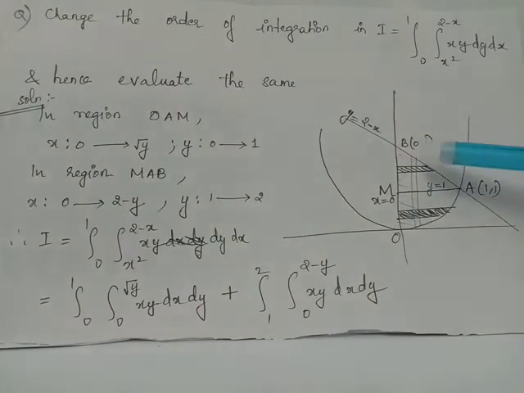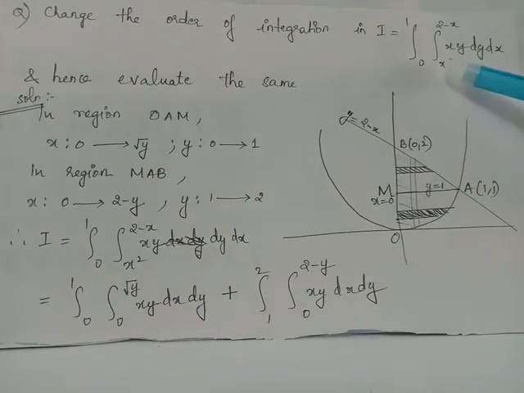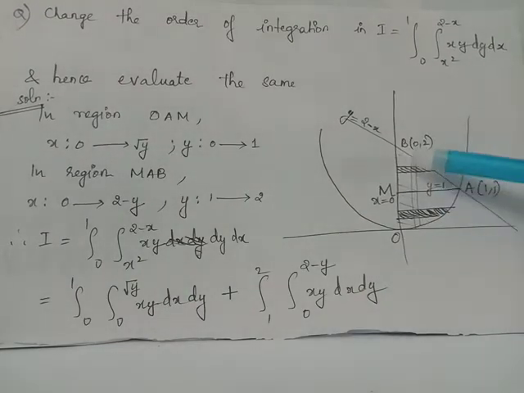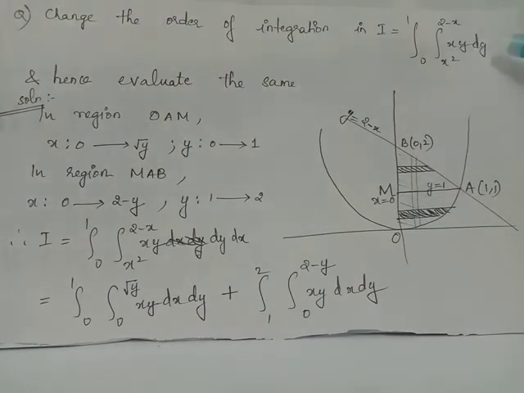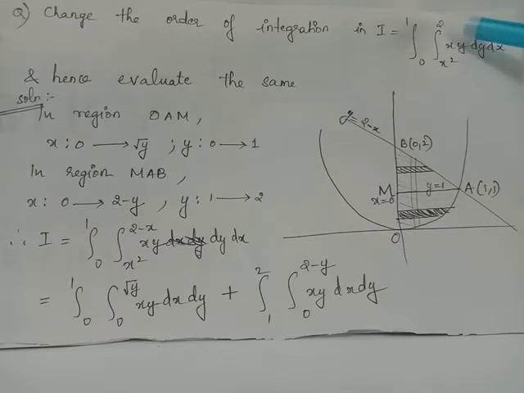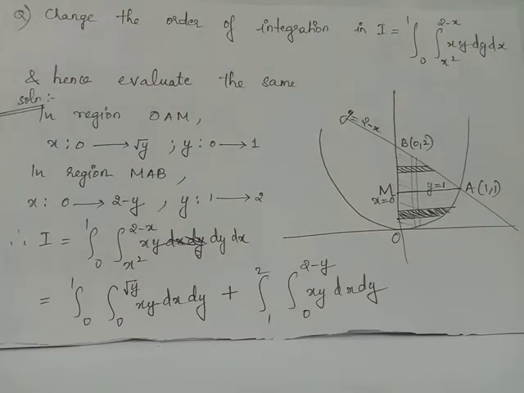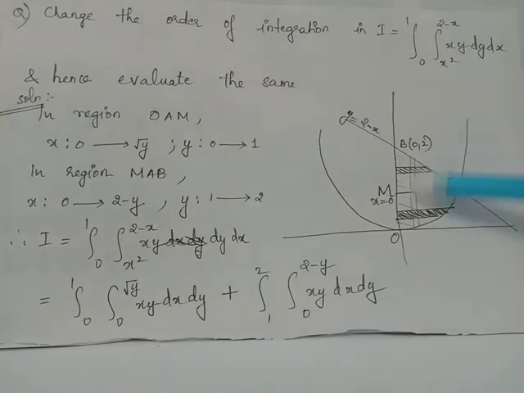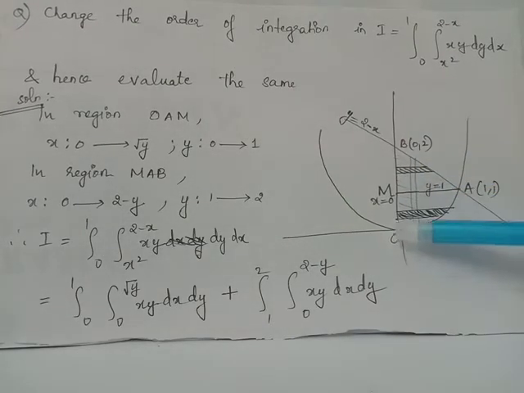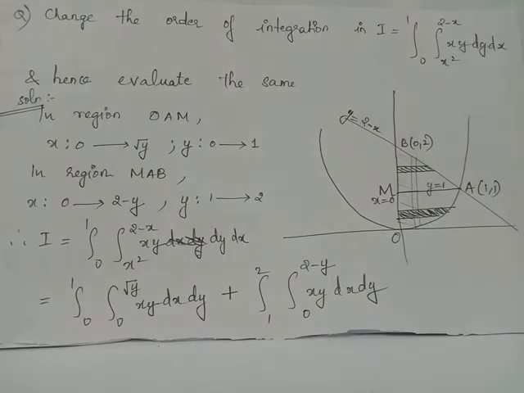Verify that when you draw a vertical strip, it has its lower end resting at the parabola y equals x square, and this vertical strip has the upper end on the straight line y equals 2 minus x, which is the idea conveyed from limits of y, which is y equals 2 minus x and y equals x square. When this vertical strip shall slide from x equals 0 to x equals 1, the complete shaded region will be